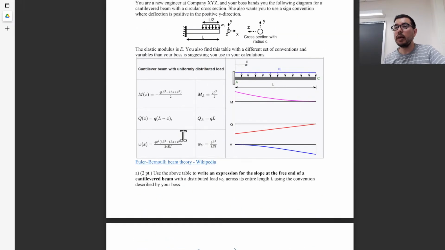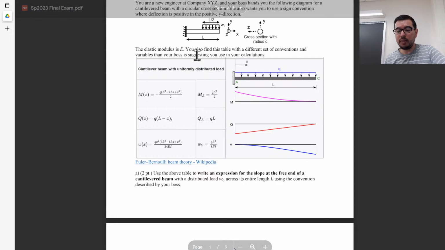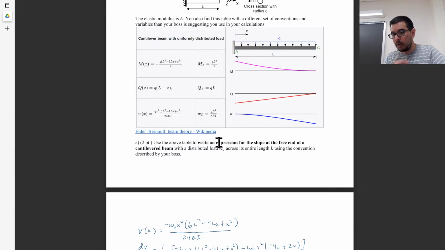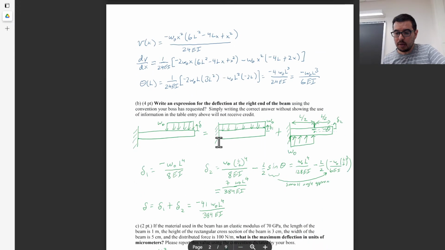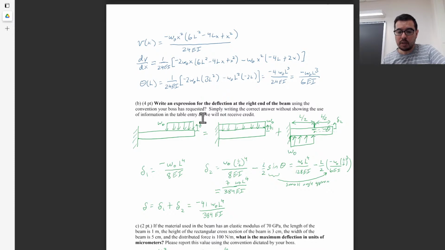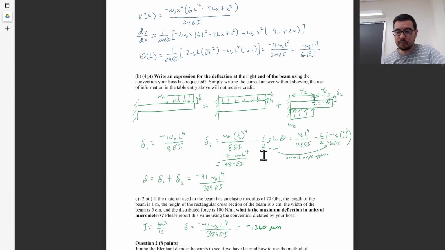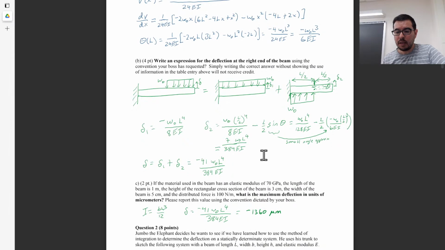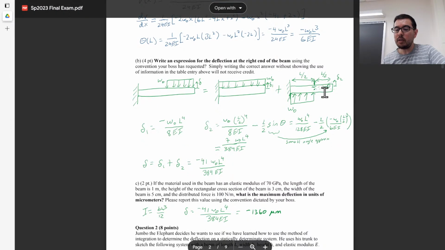This is a table. And you might also be told that there's a different set of conventions here. So it's important to know what is up, what is down, and what you can ignore. But even here, let's see. Yeah, so this one we had to use